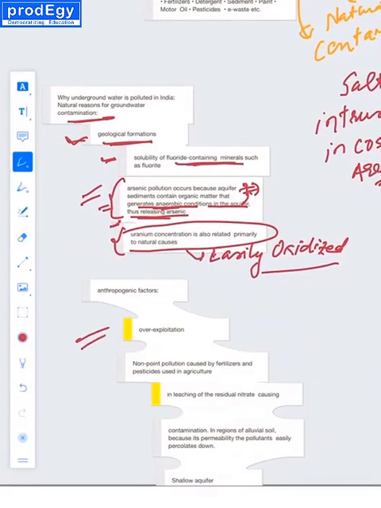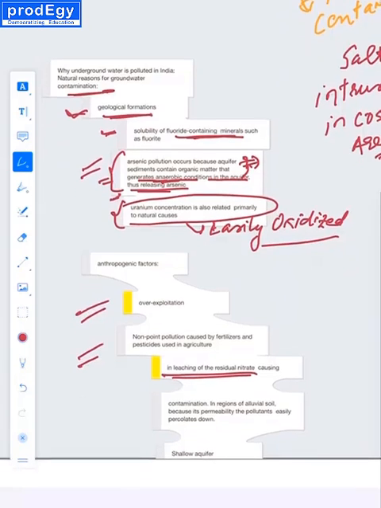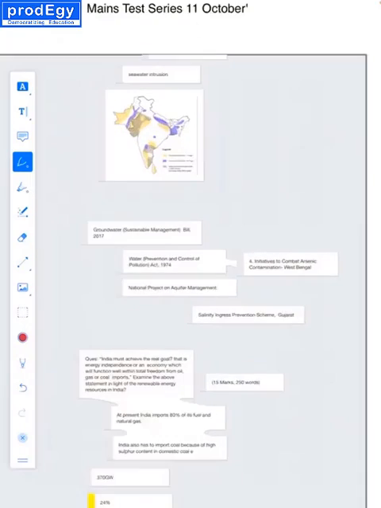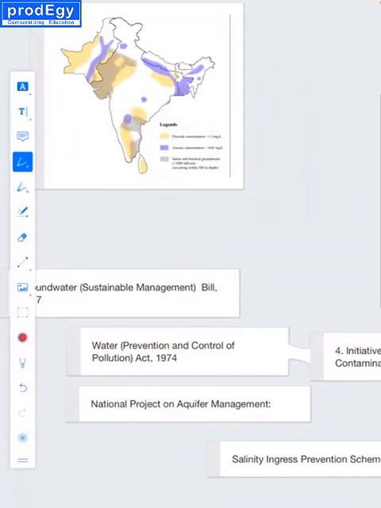However, certain anthropogenic factors like overexploitation result in higher concentration levels of pollutants, and leaching of nitrates and shallow aquifer contamination by leachants are also some of the other factors which result in groundwater contamination in India. And if we look at this map, we can see that blue areas are of arsenic contamination. These dark grey areas show where saline water intrusion has taken place,